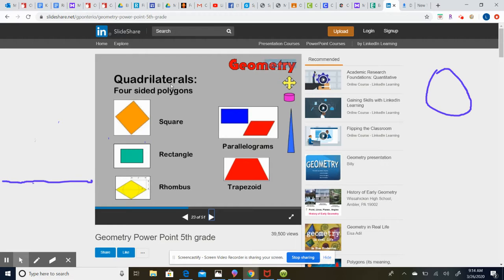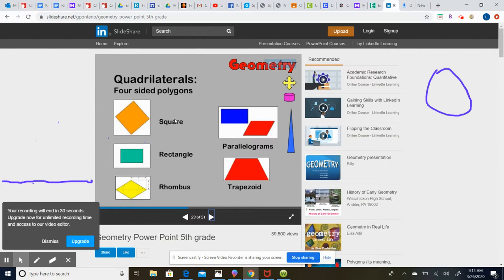So quadrilaterals, and there's a couple of different types of quadrilaterals, a square, a rectangle, a rhombus, a trapezoid, and a parallelogram are some of the more common ones. And for a quadrilateral, it has to have 4 sides, all right? So it's not telling us that the sides have to be equal. It doesn't say that they have to be parallel. You just have to have 4